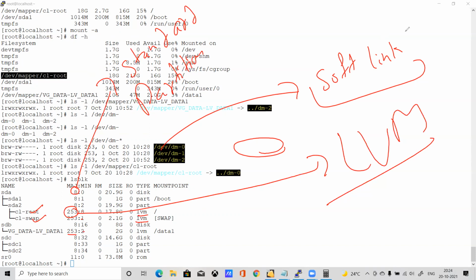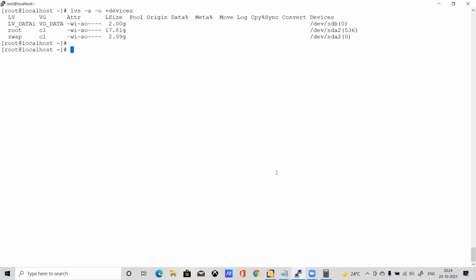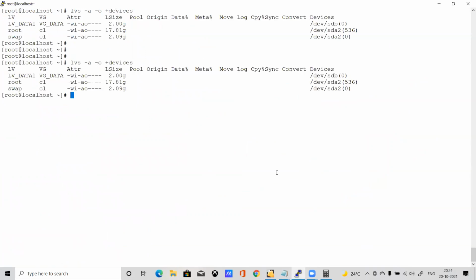So here now you can see. And if you want to see more information, lvs -a -o +devices. Okay, so now you can see more detail here. Now logical volume, volume group, attributes, size, and which is the backend here.